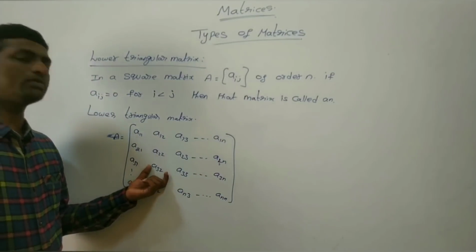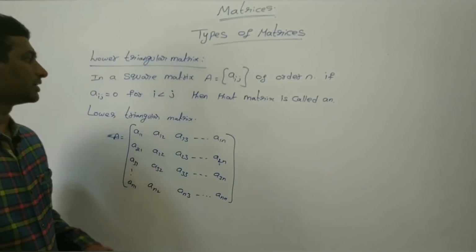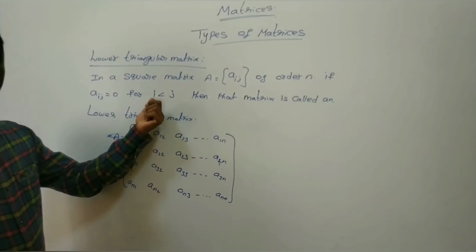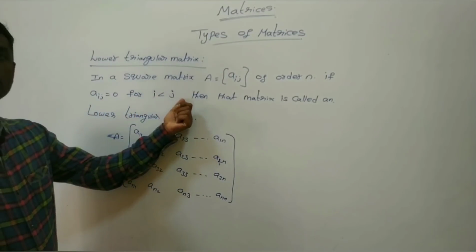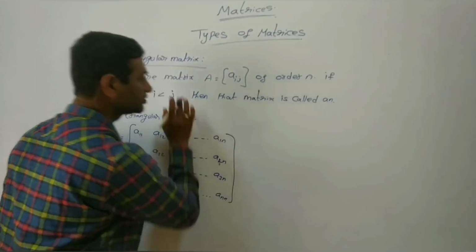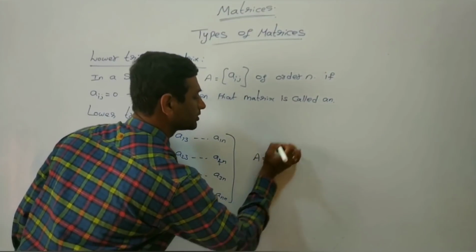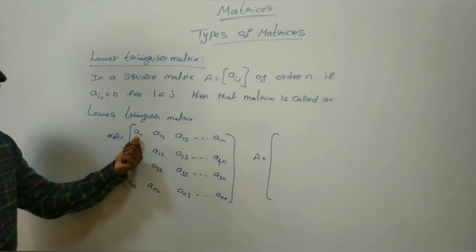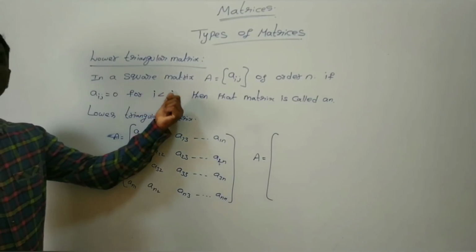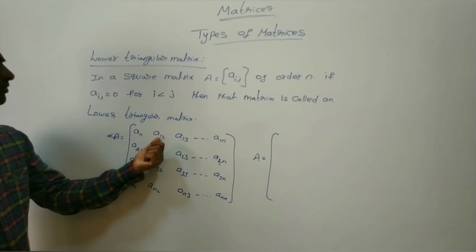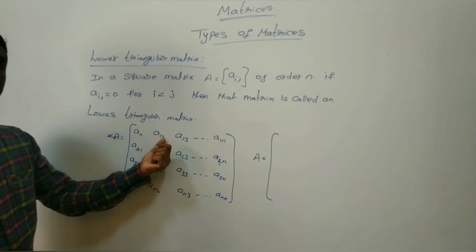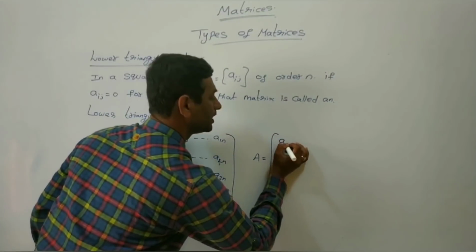Now when this square matrix becomes a lower triangular matrix, the condition is Aij is equal to 0 for the ith row being less than the jth column. Now when we reduce based on this condition, for 1 1, i is equal to 1, j is equal to 1, so 1 is not less than 1. Now coming to 1 and 2, i is 1, j is 2. So 1 is less than 2, then it becomes 0. So A11, 0.